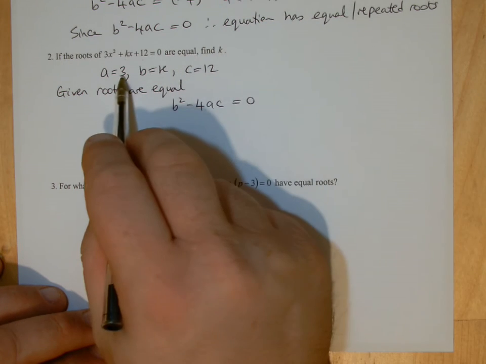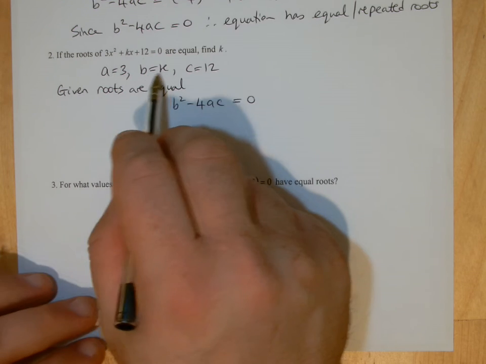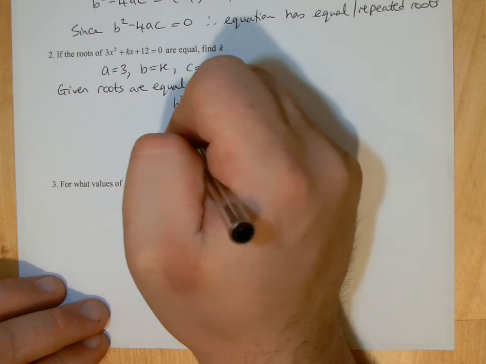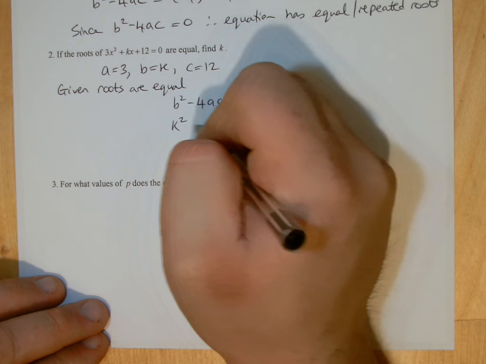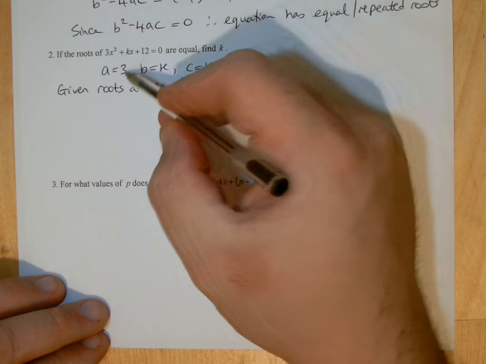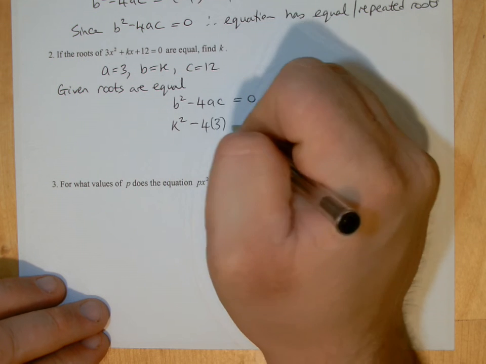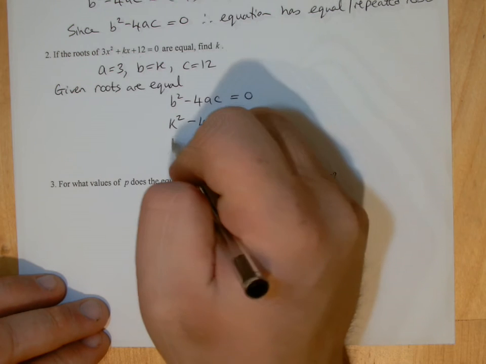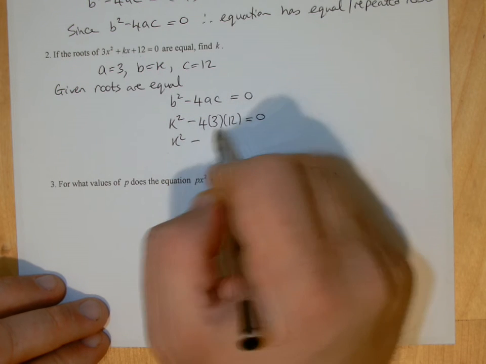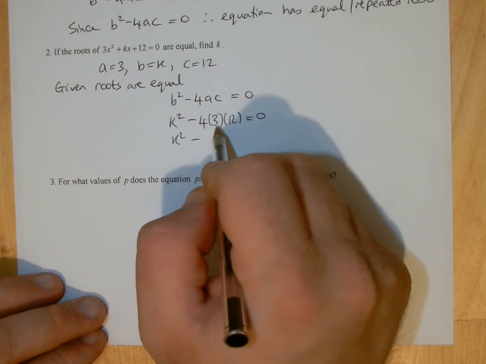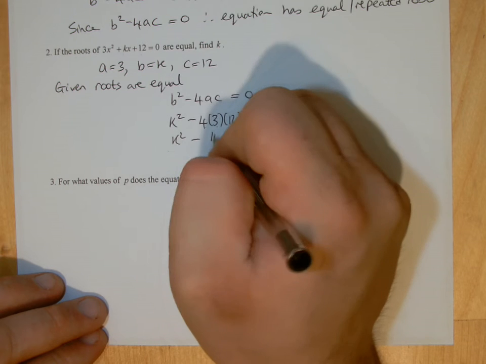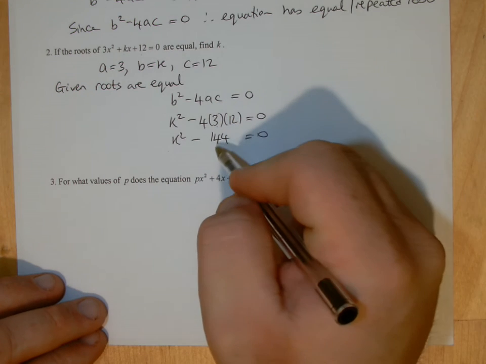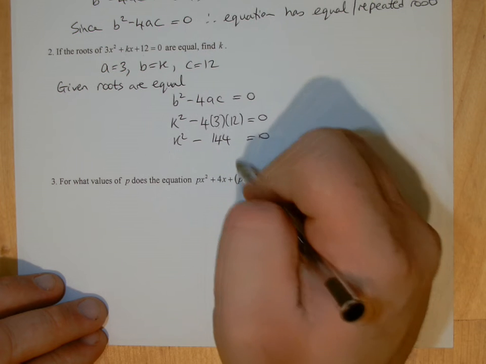And we've got a value for a, it's k for b, and we've got a value for c. So let's just substitute that in. b will be k, so k squared minus 4, a is 3, and c is 12. So we've got k squared. If I work that out, 4 times 3 is 12, times 12 is 144. And then it's a case of solving this. If I take that minus 144 over the other side,